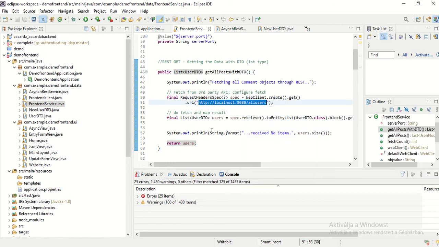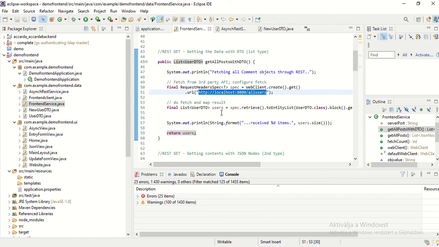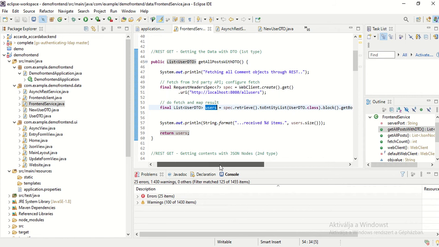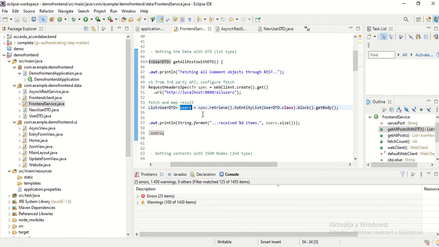And then after that, I want to get the users. Before I called them comments, now I call it users. And then the return value is a list of UserDTO, and I am calling the spec.retrieve toEntityList